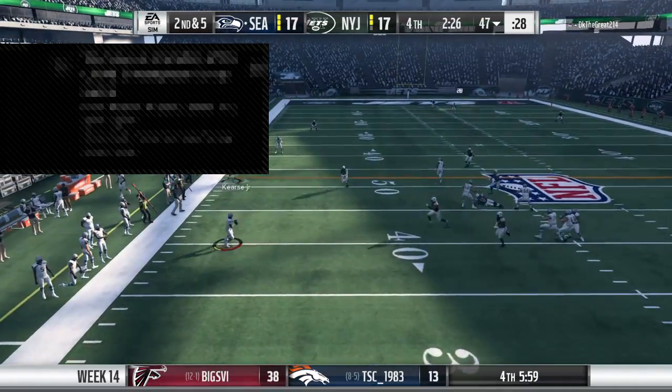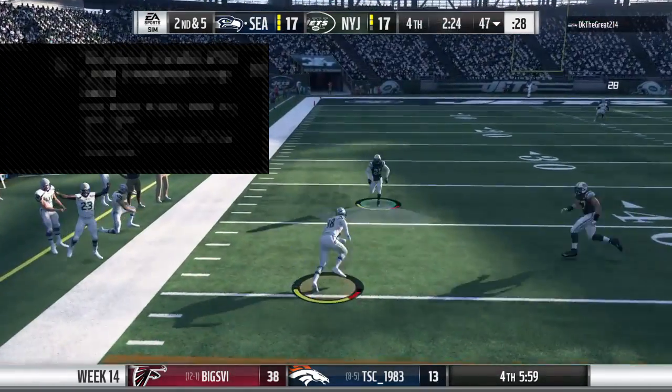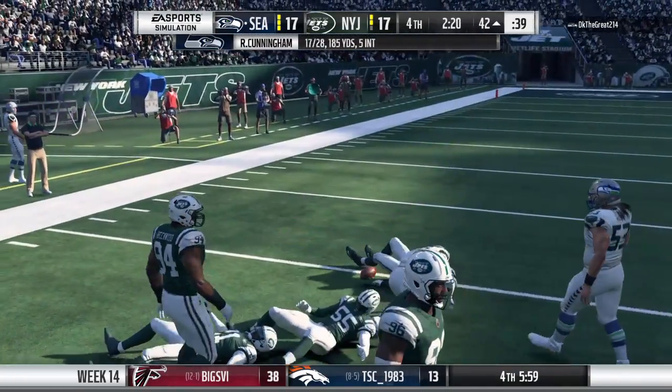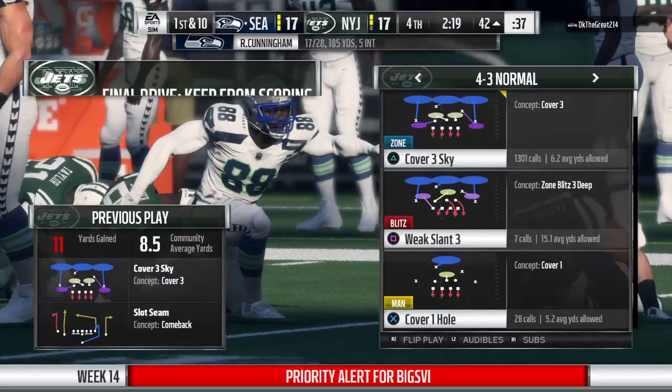Dancing to his left. Looking left side, he's got it. Complete. And taking it across midfield and inside the...